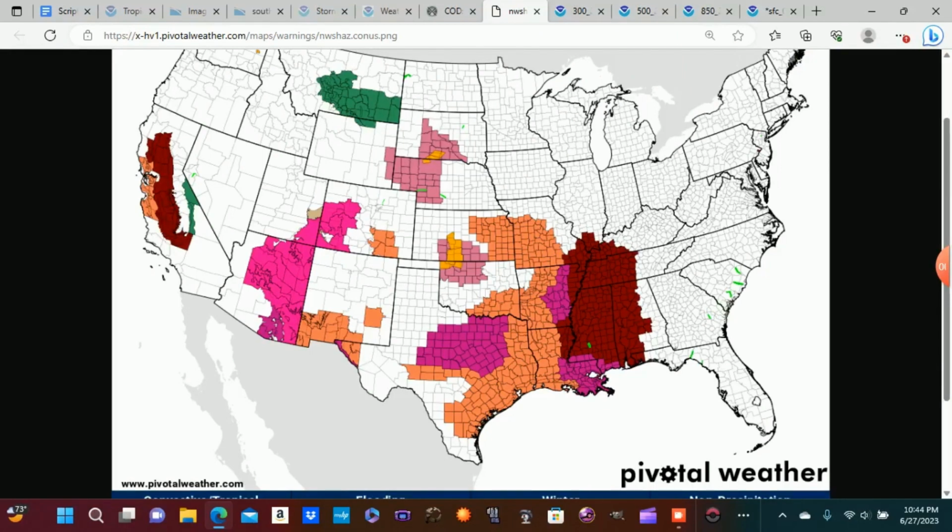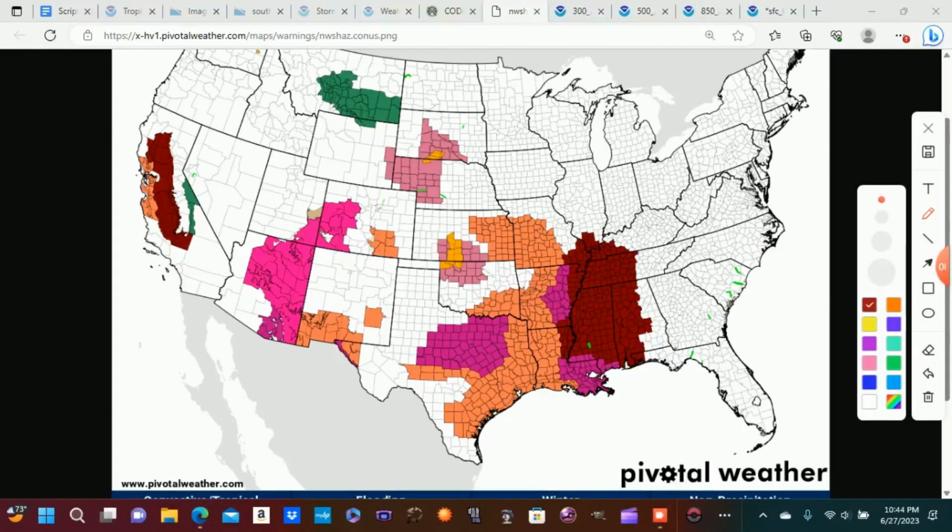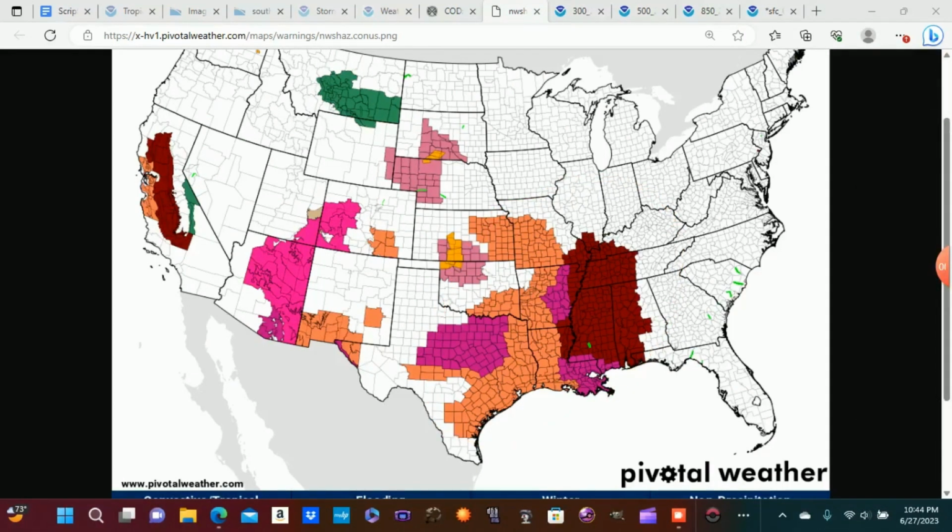And so before we go into the upper air maps, I want to first show the watch and warning map. The main story for this week is going to be the heat over the southern United States. We have several different heat advisories that are in effect over the southern United States. This also includes some excessive heat watches and warnings as well. So far, most of the extreme heat has been over Texas, but that is soon going to change, and that's going to be migrating to the east as we go later into the week.